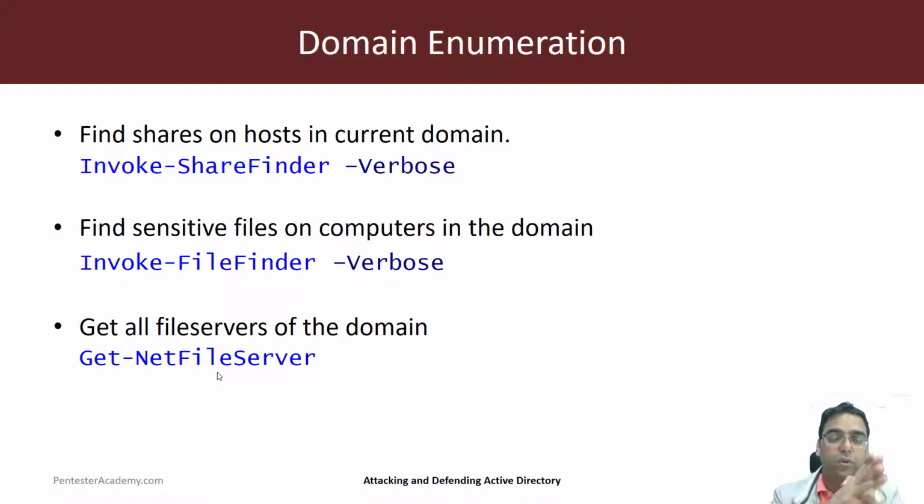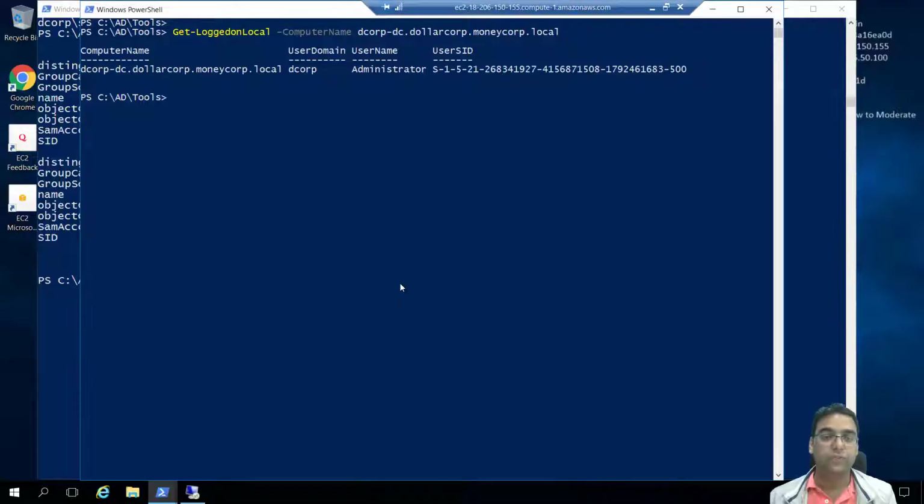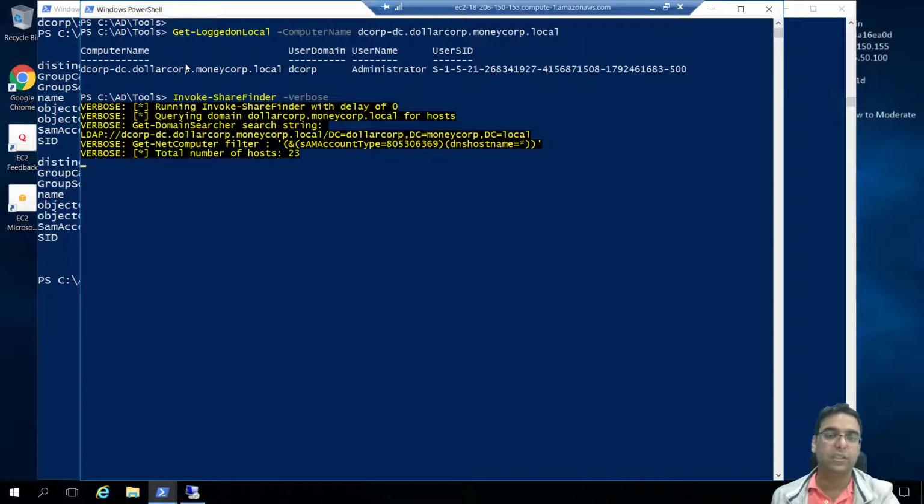So that was all about enumerating users, logon sessions, groups, membership of the groups, which user reverse membership of the groups, etc. Now we can also go for, once again this is from PowerView, find shares on hosts in current domain. What Invoke-ShareFinder does, it looks for interesting shares readable, that is readable or writable by current user in the domain. So if I run this with verbosity turned on